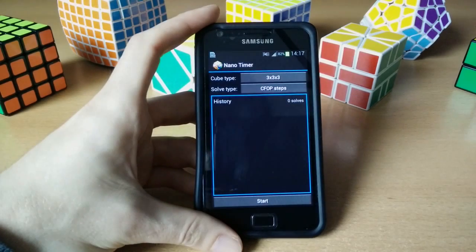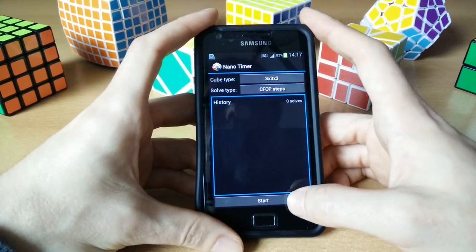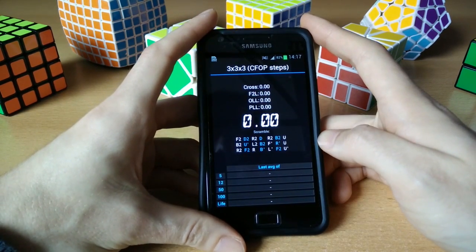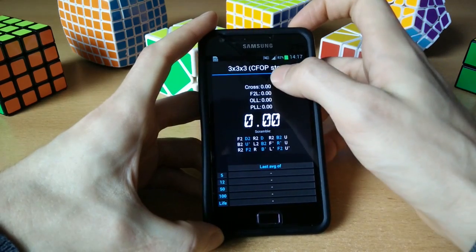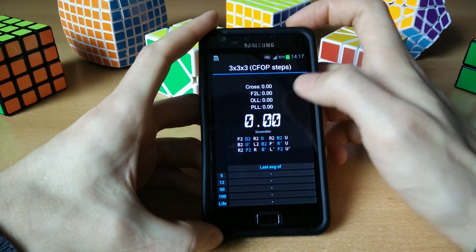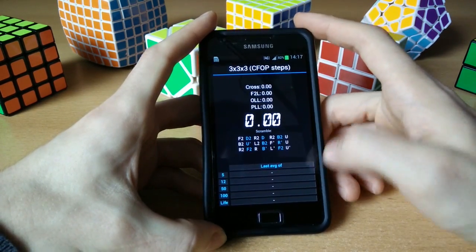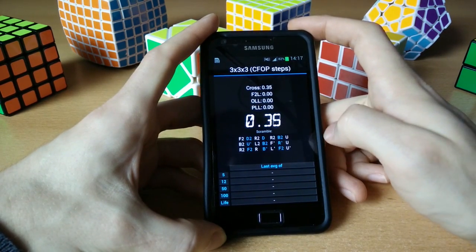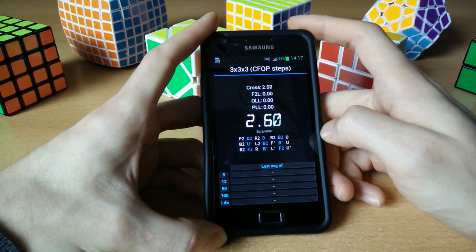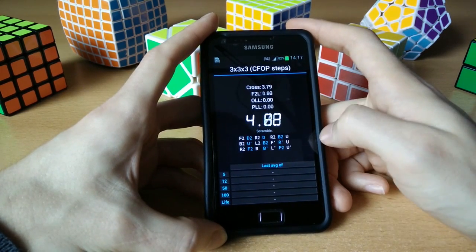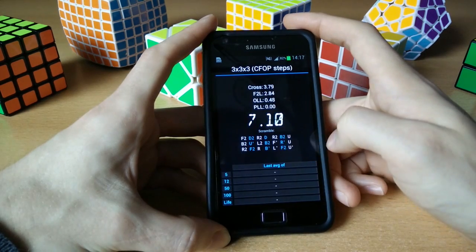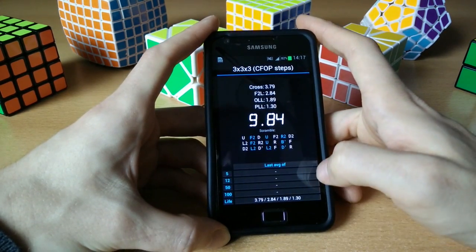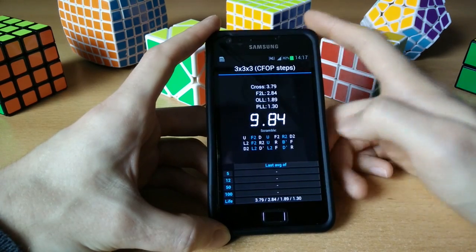So once you define your solve type with steps, just proceed like you would do for any normal solve type, click on Start, and you will see that the screen has changed a bit. The steps now appear here, cross, F2L, OLL, PLL, which are the ones I defined before, and the averages table has also changed. So it's just like any normal solve type, but you have to click after each step to record each one of them. And when you're finished it will appear in the table here below,